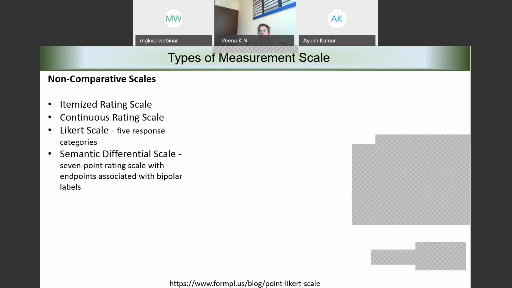Now, when to choose which scale depends upon the type of variable we are dealing with, the type of tool that we want to use for analysis, and finally the objective for which we are collecting the data. When we collect the data, we should be very clear in our mind what we are going to do with that data.